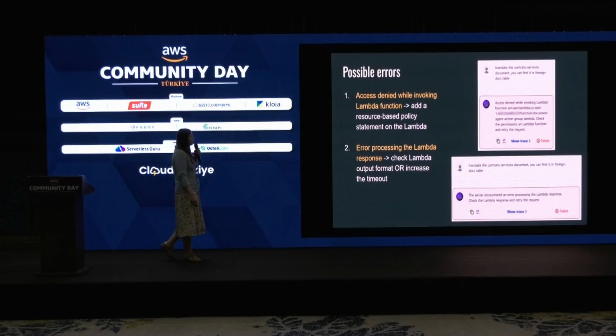Possible errors here are most probably related to the Lambda function. Access denied while invoking Lambda function: then you need to add a resource-based policy statement on your Lambda. And the second one, your Lambda may throw an error processing response. It means that maybe you didn't pay attention that the Lambda output format should be formatted specifically, or your Lambda just hits the timeout. It may be the case when you call services like Textract,